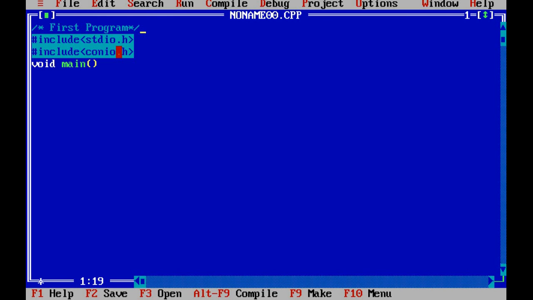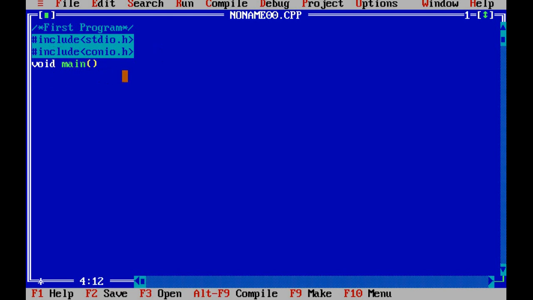So this is your comment, which means you can give the name of the program, that is your first program. That's why I am writing the name of the program in a commented line. The comment symbols are slash star, first program, and you end with star slash.